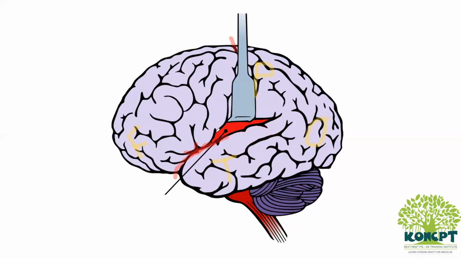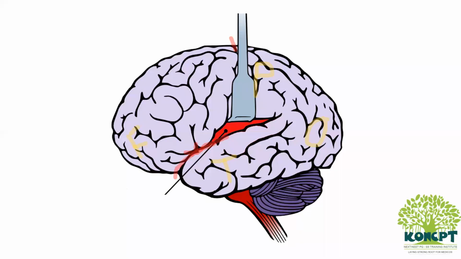Now, what is this red colored area that you see here? If we separate the lips of the posterior ramus of the lateral sulcus, we get to see a hidden cortex which is present below the surface. It is called the insular cortex or island of Reil, or the submerged cortex. Why does this happen? In the embryo during development, the areas adjacent to the insular cortex, that is the frontal, the parietal, occipital and the temporal cortex, develop at a faster rate than the insular cortex. That's why it gets submerged below the other areas.